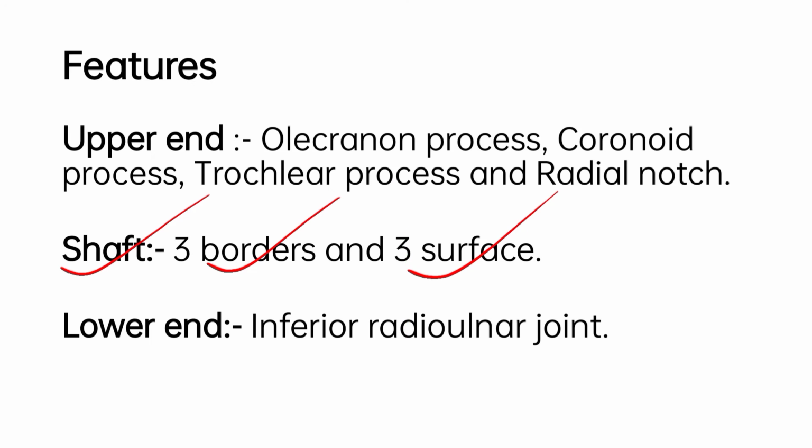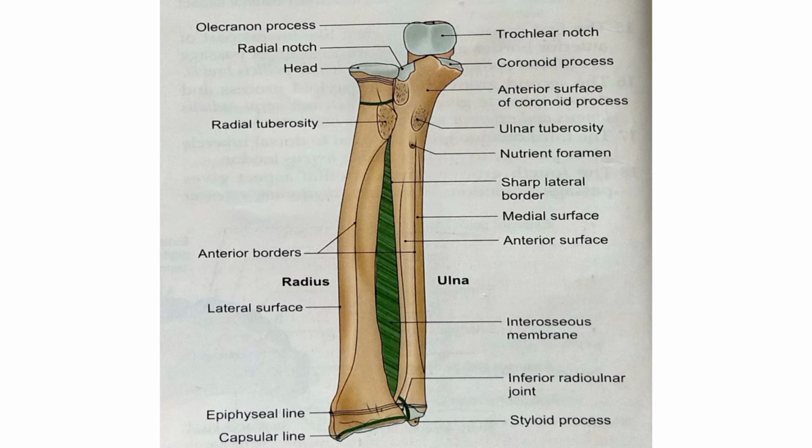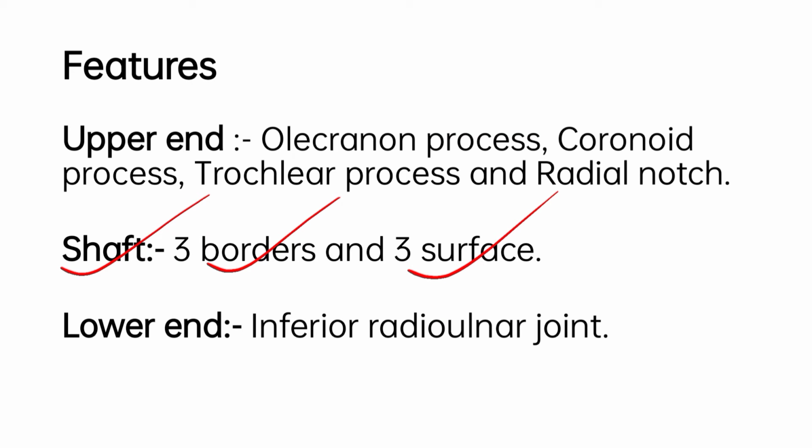Alright. Now, moving further to the anterior border. Now, anterior border is thick and rounded. It begins above on the medial side of the ulnar tuberosity, passes backwards in its lower one-third and terminates at the medial side of the styloid process. Moving further to the posterior border. It is subcutaneous. It begins above the apex of the triangular subcutaneous area at the back of the olecranon and terminates at the base of the styloid process. Alright, so we have 3 borders: lateral border, anterior and posterior border.